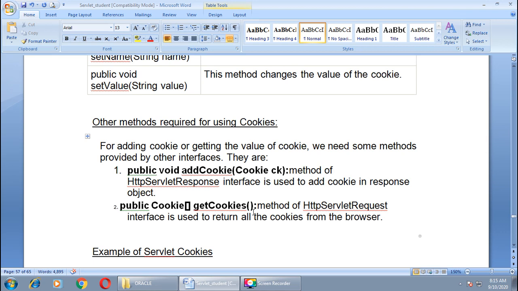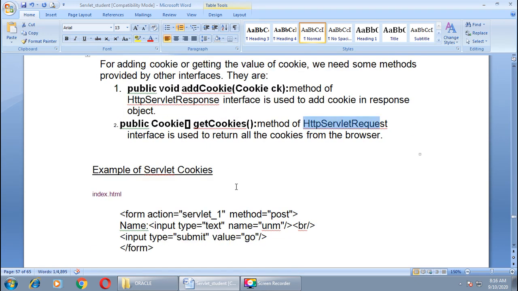And another method is getCookies. This method is used for getting all cookies from the browser, right? This method is available in the HttpServletRequest interface. Okay, so these are the methods required for defining a cookie.